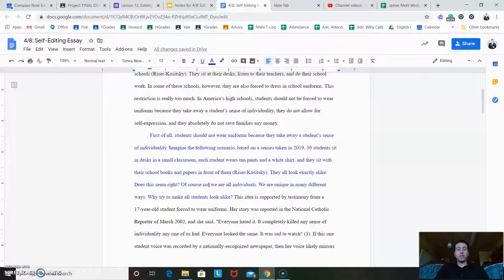So we're also going to do a couple of our other editing strategies. Let's go ahead and read this out loud to ourselves and see if we notice anything. First of all, students should not wear uniforms because they take away a student's sense of individuality. Imagine the following scenario, based on a census taken in 2019. 30 students sit in desks in a small classroom. Each student wears tan pants and a white shirt, and they sit with their school books and papers in front of them. Okay, so first things first, that sentence is a little long, and second,